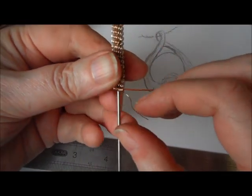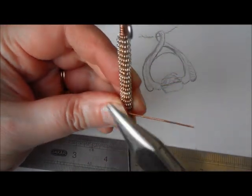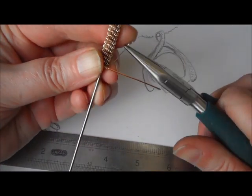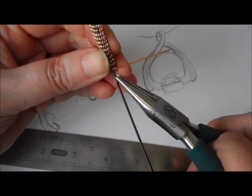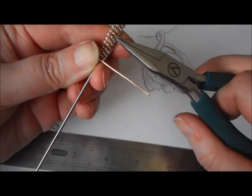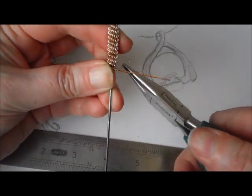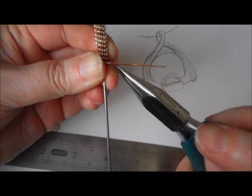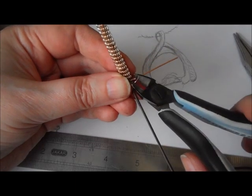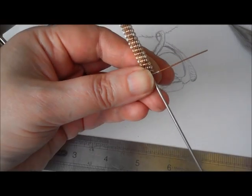I've got to the bit where now my silver has run out, so I've slipped it off. Don't worry, it won't unwrap. And then just wrap the silver tight to the copper. I always find it's easier to do this after I've actually bound it around rather than before, especially when I'm doing it with silver like this. I found sometimes if I do it with silver it almost sort of tucks in on itself and then you get a drag that you don't want. So I leave it to the end, fasten it round, make sure it's smoothed down,